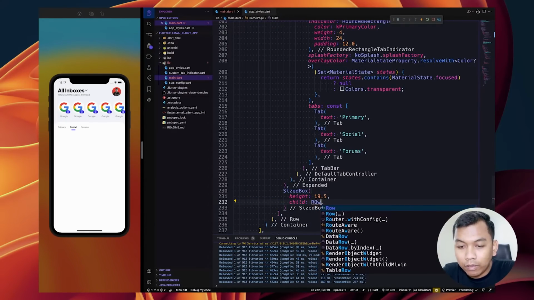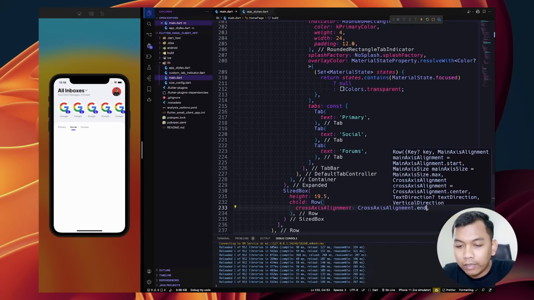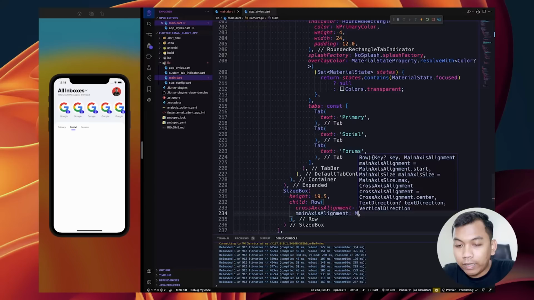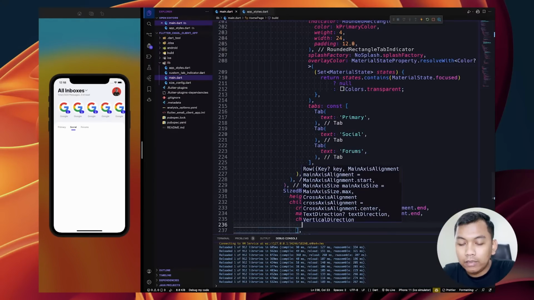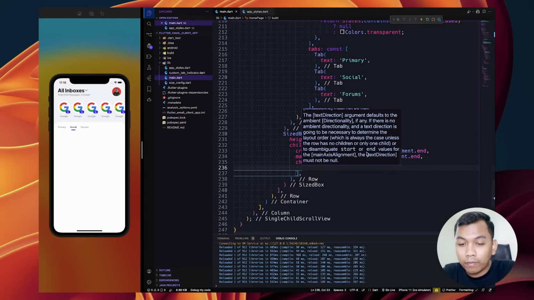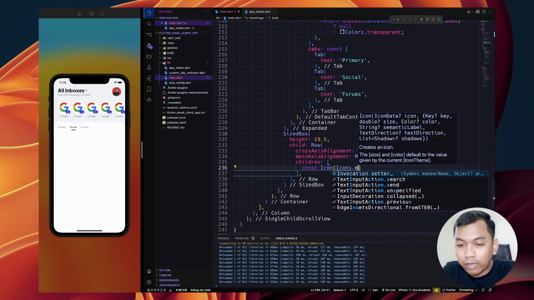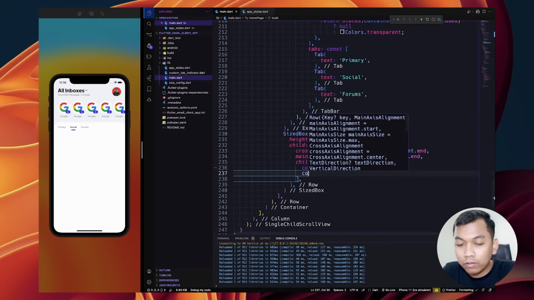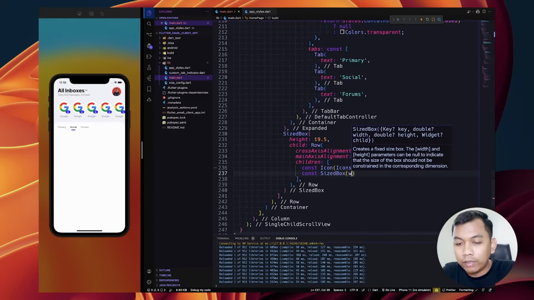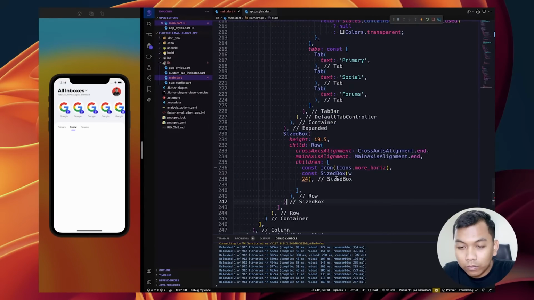For the child will be row widget, and we set the cross to be n and main axis to be n. And for the children, what we have here, we will add icon more horizontal, and also size box with the width just 24, and also